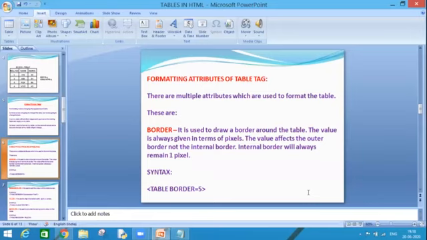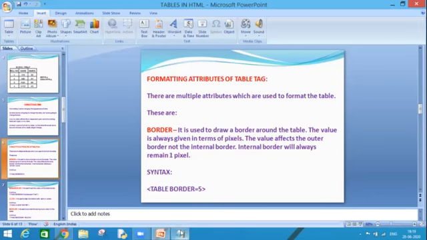As we give a border to our table in MS Excel, or if we talk about MS Word, we always assign a border so that it will be clearly visible on the screen that these are the edges of the table. So here also in HTML, we can assign a border to our table. The value is always given in terms of pixels. Like I can give border equal to 3, border equal to 2, border equal to 5. So the thickness can be increased or decreased depending upon the value we assign to our attribute.